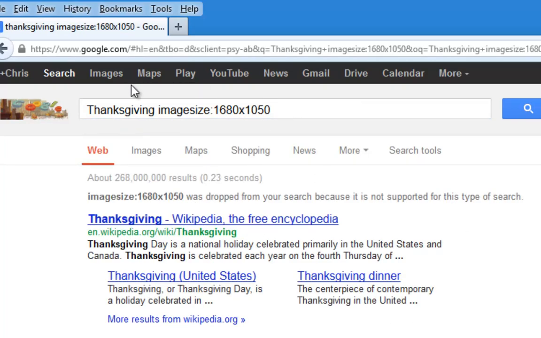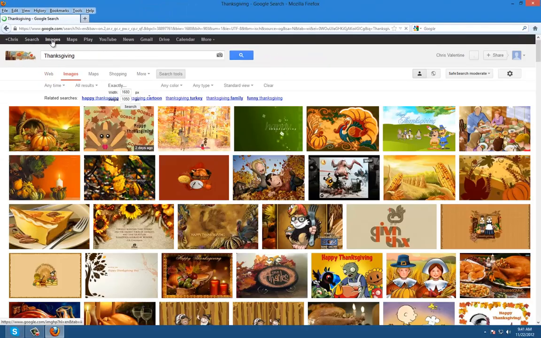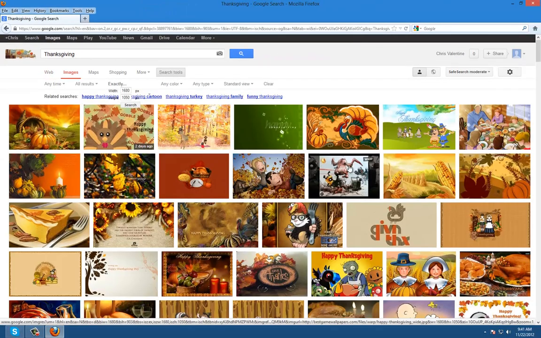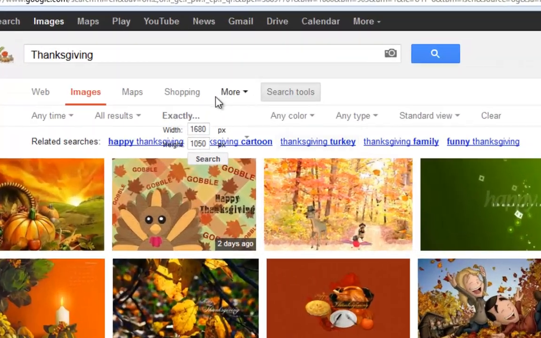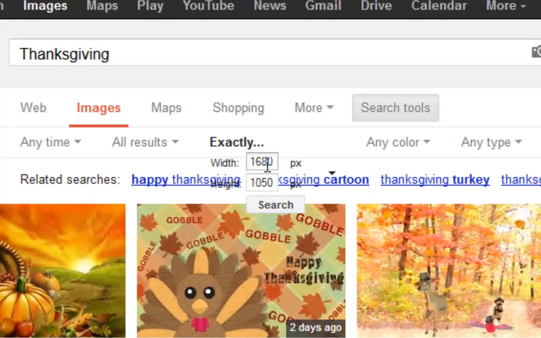Now that I've hit that, I then click on images, and now all these images should be 1680 by 1050. They should fit my screen perfectly. Now you can see this little drop down menu, and that's because they've actually removed the exactly icon. The ability to do it is still there, but they've removed it from this option up here, which would be,